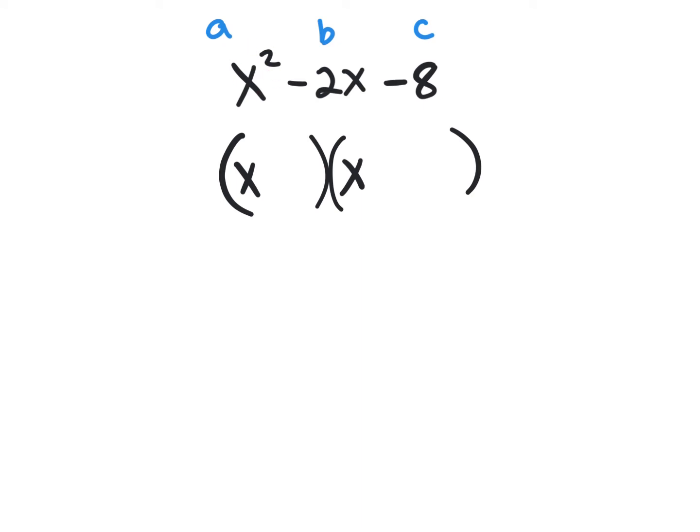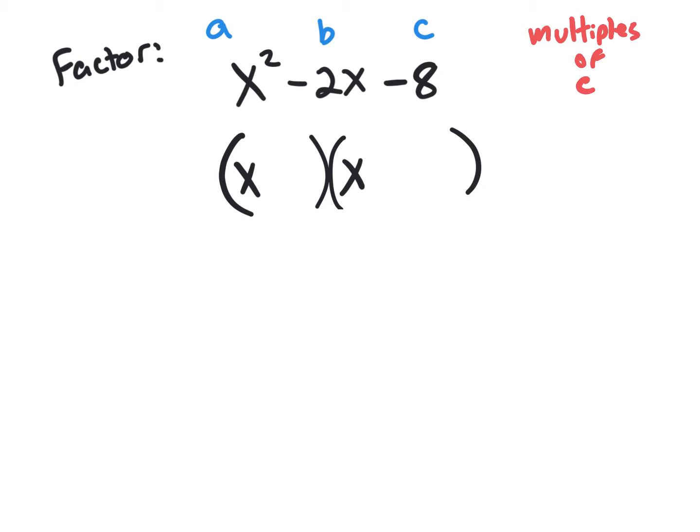So again, just to review the vocab, if I ask you to factor, what I'm asking you is to find the multiplication question that will give you this answer. And whenever you don't have a number out here, you set this up, and then you simply think, what times what is C that if you combine together is B? And I always say make a list, right? Make a list of the multiples